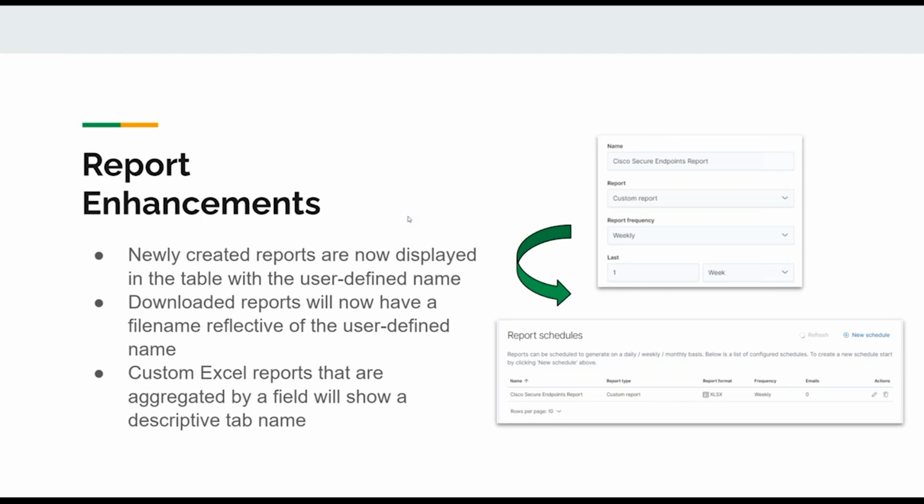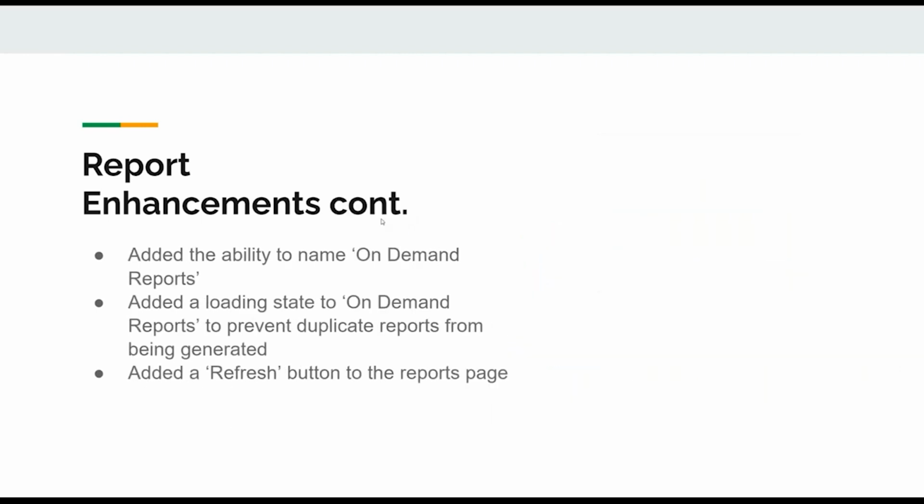If it's by host name, it will have that. So it will, again, allow you to more easily sift through the data, click on things, and filter them down after you export that report.